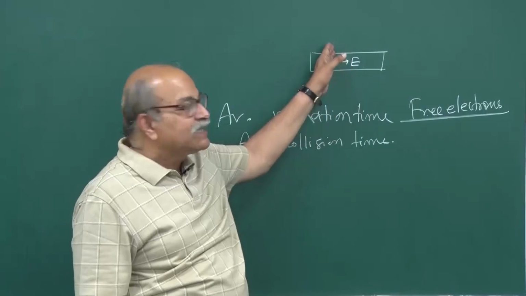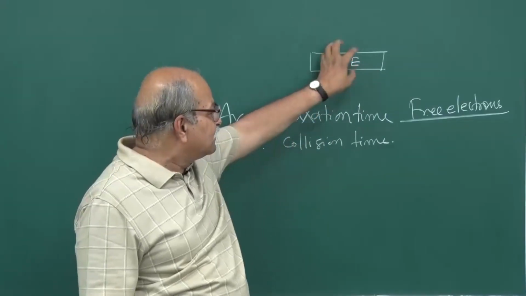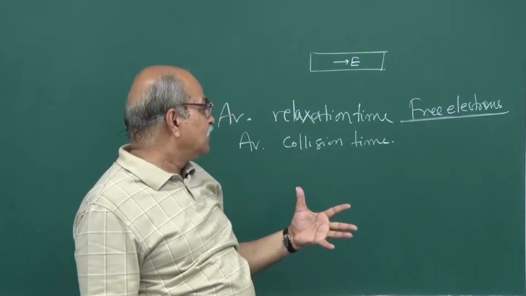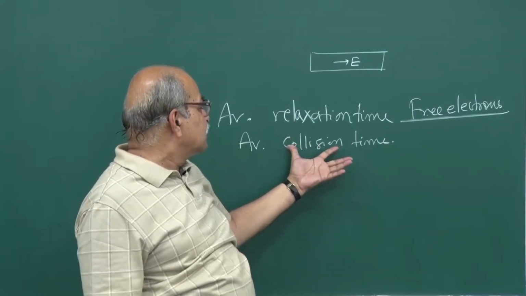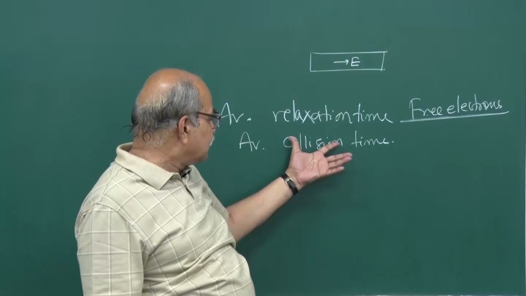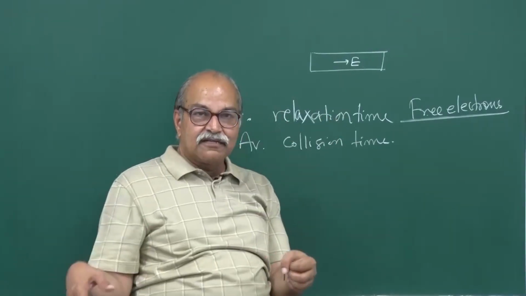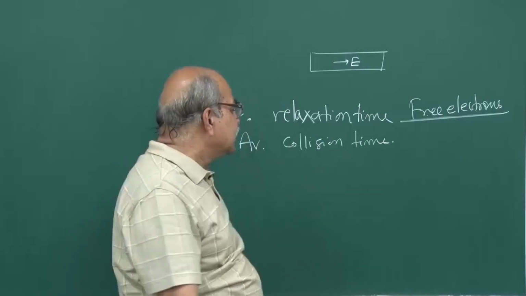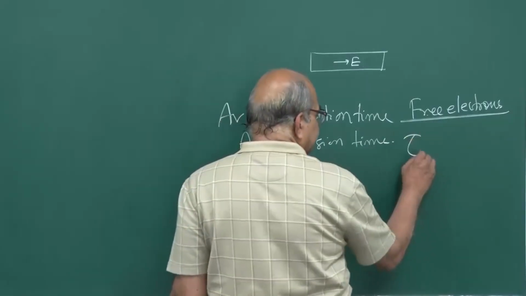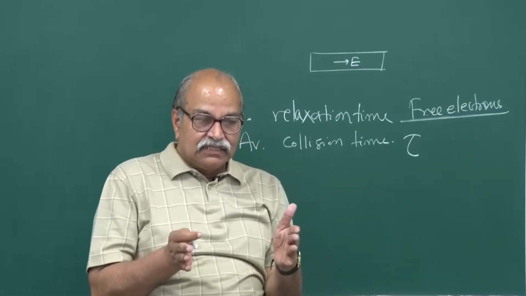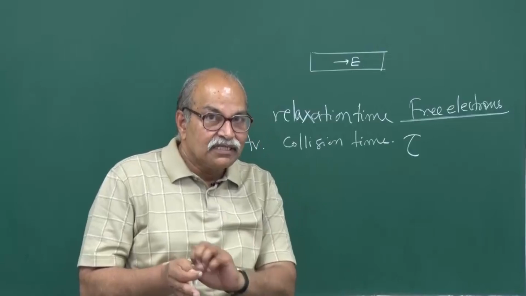Then you can have impurities and varieties of centers from where it can scatter. So the average collision time, which is the same as average relaxation time, after which it gets scattered losing its previous memory,